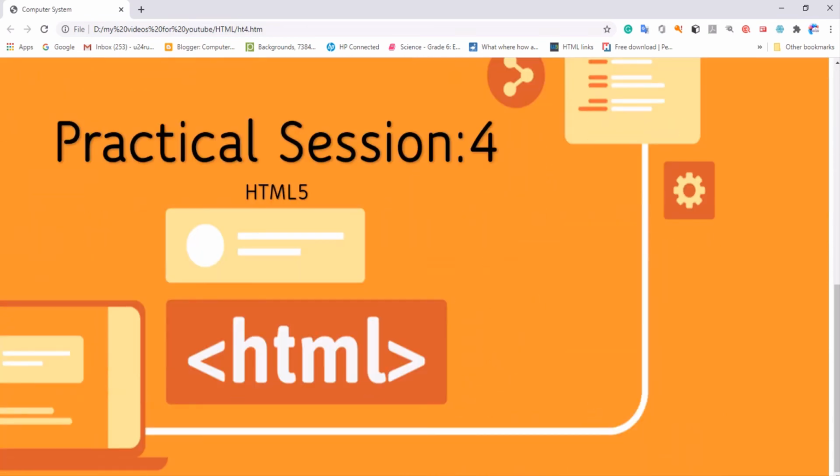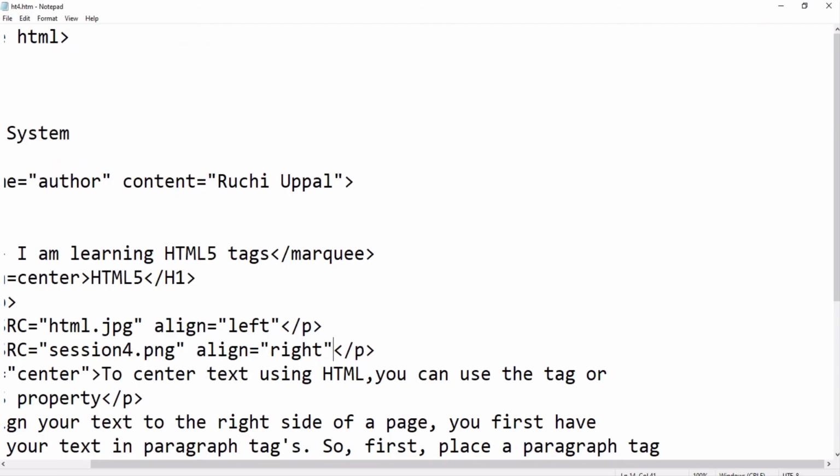So let's just simply change the height and width of this image. Okay, here height, okay, is equal to let me take the height 200 or 100. Okay, fine, and width is equal to 300.